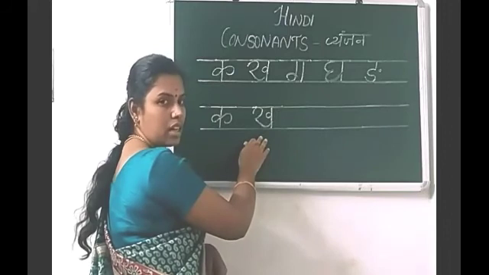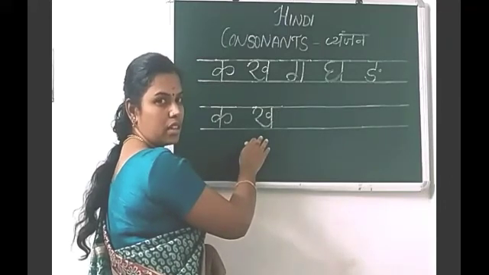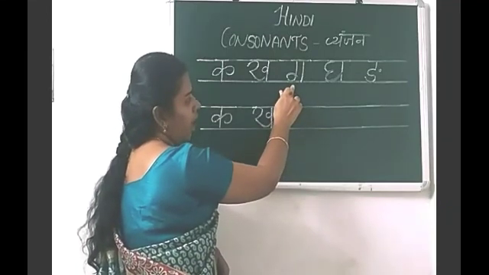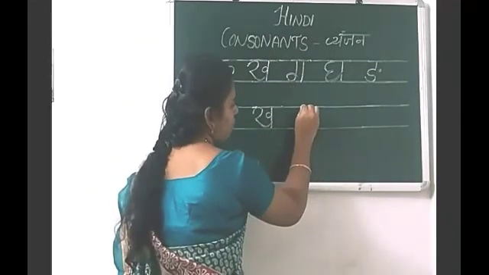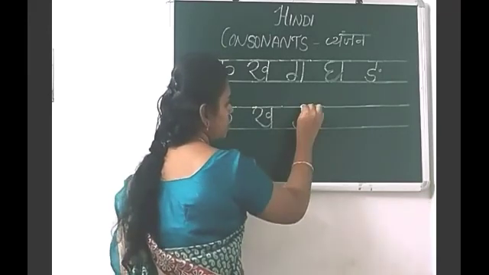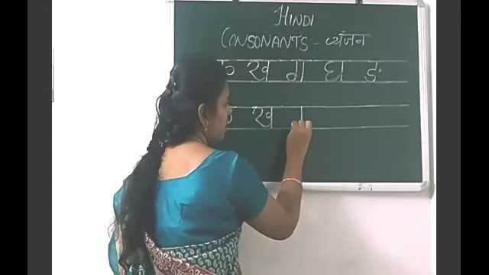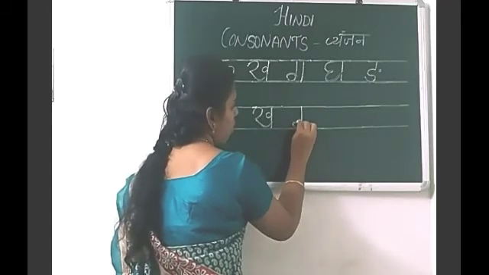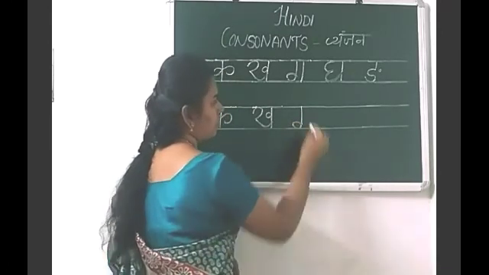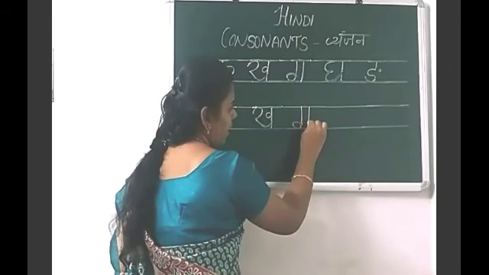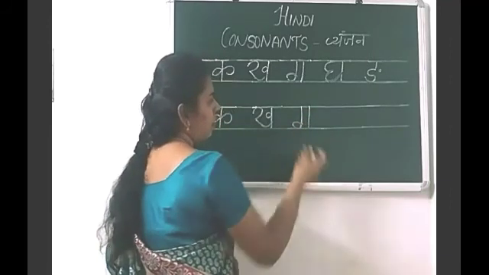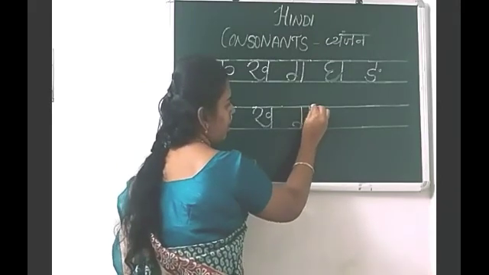What is this letter, children? Ka. Next letter, Ga. Children, first you draw an English letter J, and make a loop at start here. Draw a standing line next to it. Finally draw a sleeping line on the top.